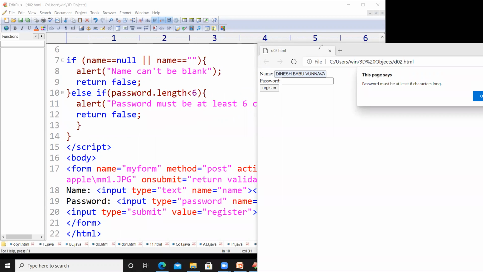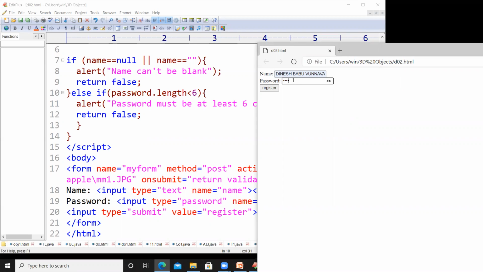So here, instead of checking with the server, on the HTML side only we are validating the form. For example, let us see what will happen if I give a password of 1234. I have given the password 1234. You can see here, now I am pressing register, and I am getting the same condition, because we need to provide a password with 6 characters. So I am providing 2 more characters, 5 and 6. So we now have 6 characters.